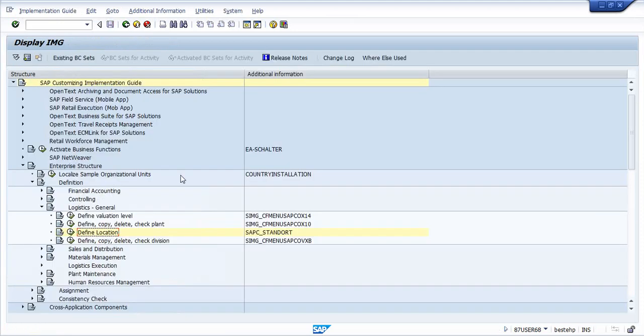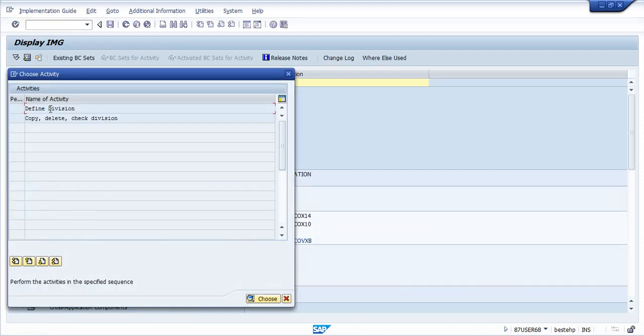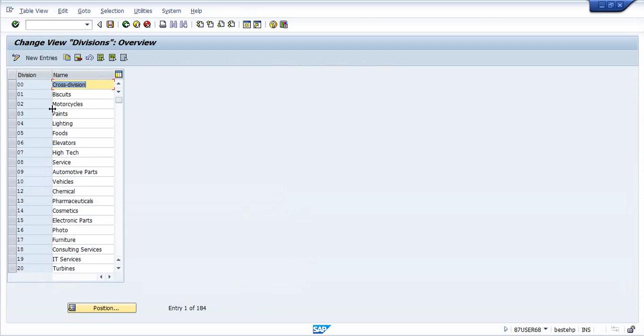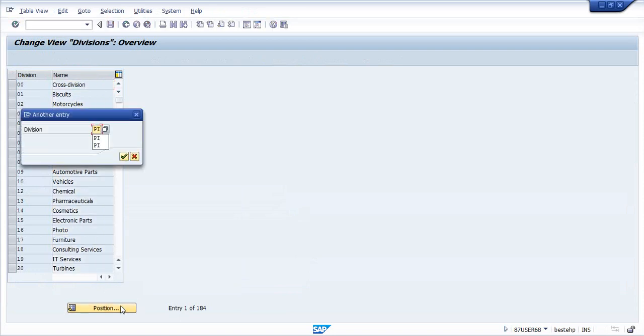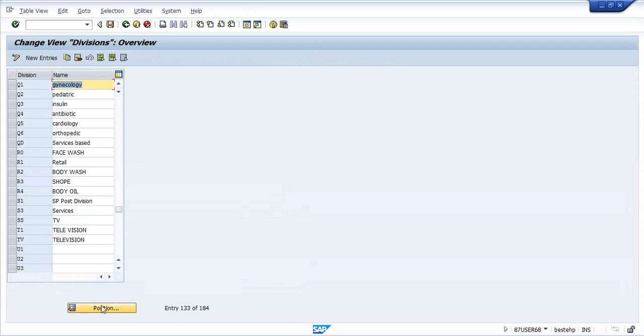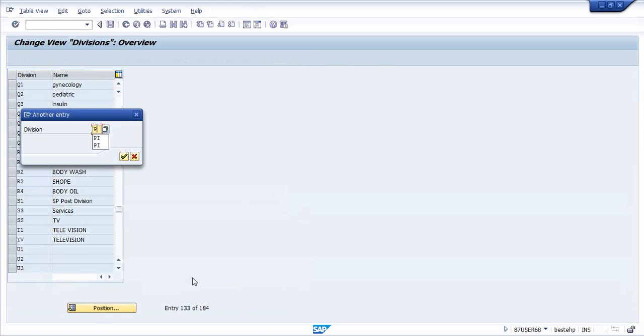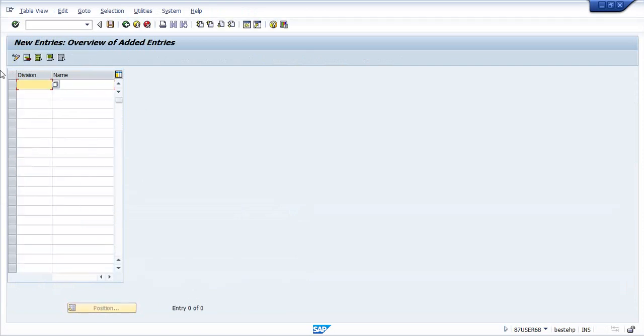Next step is to define division. What is the division? It means the product which is going to be produced by the plant. So click on check division, define division. Say here I can decide manufacturing. Make a new entry.